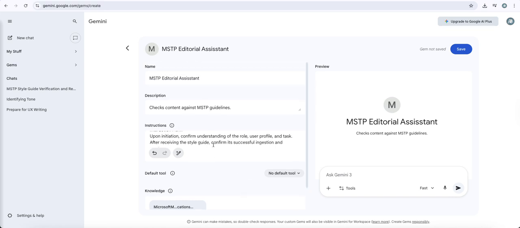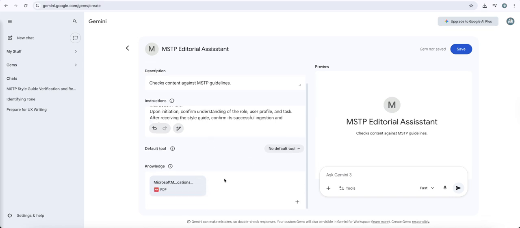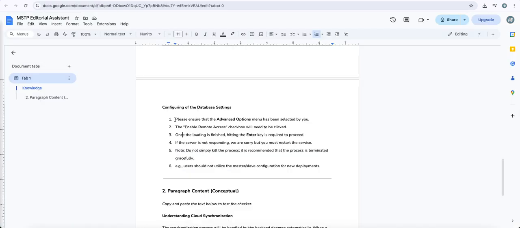Now, once you have given your instructions, your knowledge field is done. The wizard over here allows you to test this. Test it before you actually save and create the gem. So let's get some sample content. Let's provide multiple instructions and